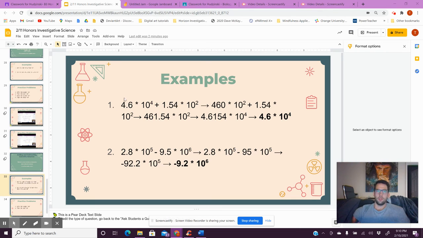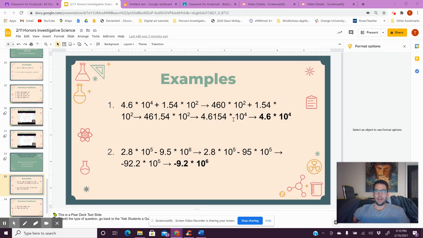So I have 460 times 10 to the second plus 1.54 times 10 to the second. I'm then going to add my mantissas. 460 plus 1.54 gives me 461.54 times 10 to the second. This stays the same. So now that I've done the addition, I can fix my scientific notation by moving my decimal back to where it needs to be,